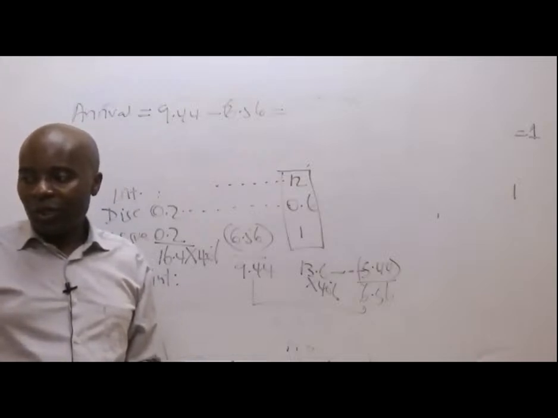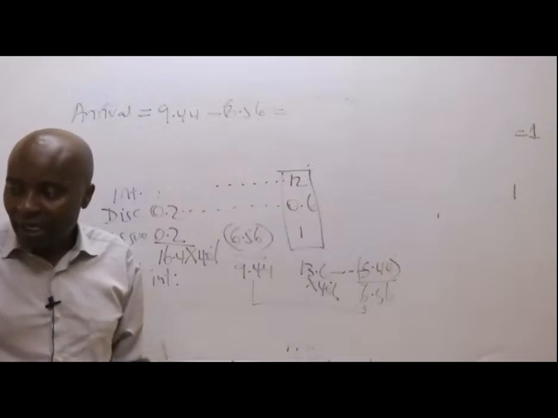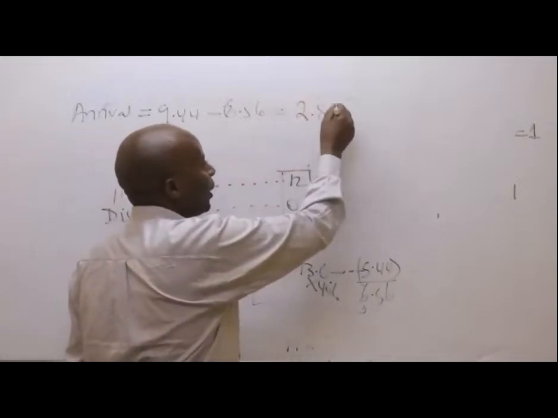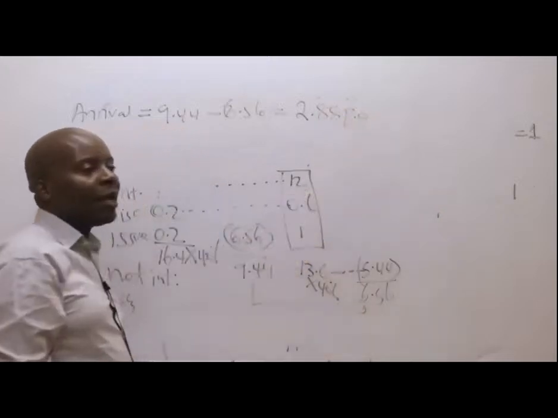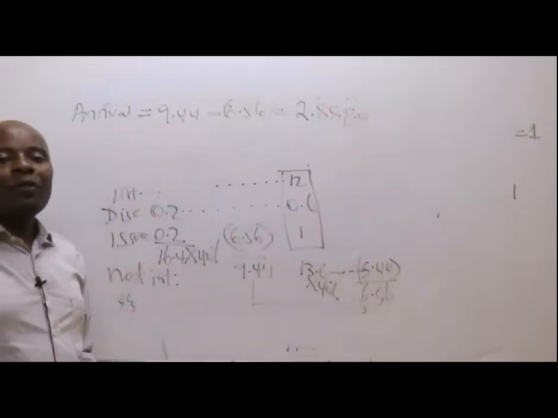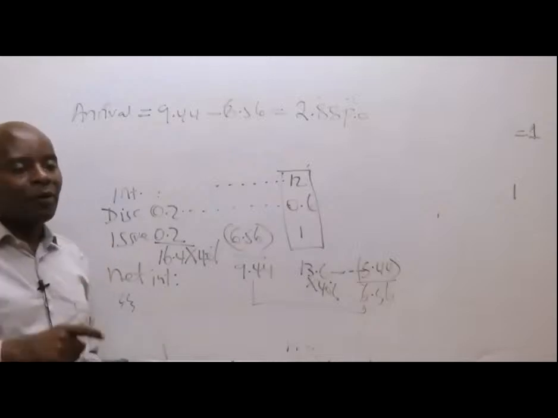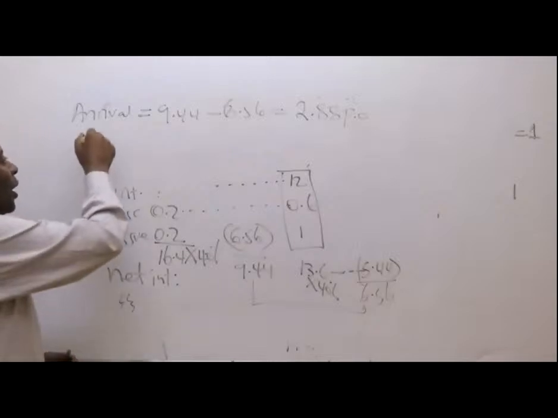Please give us an answer. 9.44 minus 6.56. That is how we got the 2.88. Remember, this is per what? Per annum. So if later on they want me to change this to a net present value, like how they want us to do it in Roman 3,